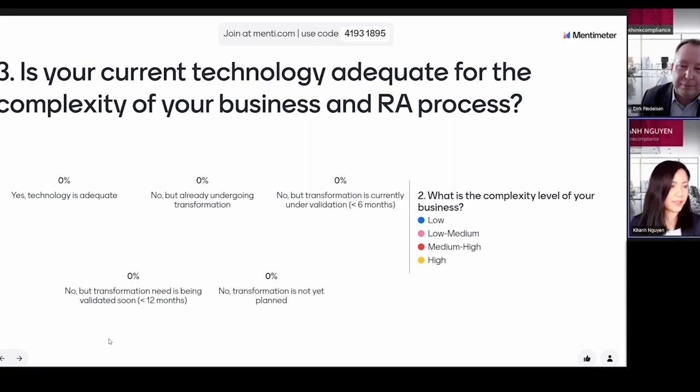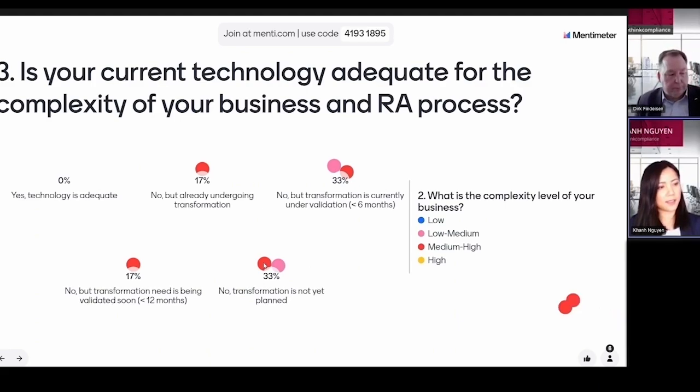So the next question, as you see on the screen, is in relation to the complexity. Do you think the current technology in use is adequate at the moment? And that is a combined result that we are seeing here. So for these red dots you're seeing, those are the ones of you who assessed the complexity as medium high.